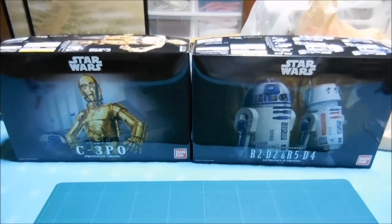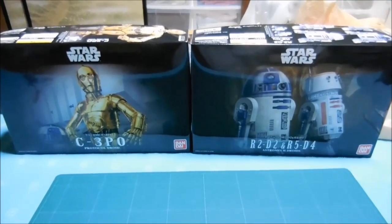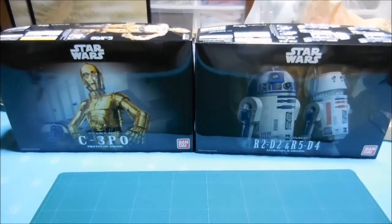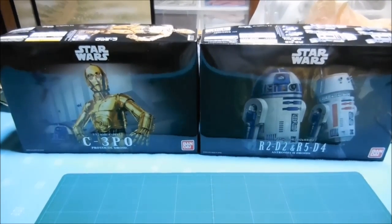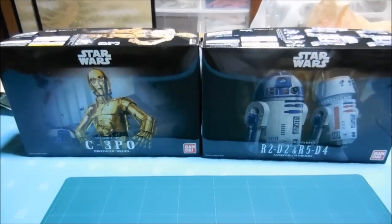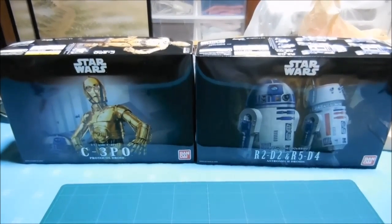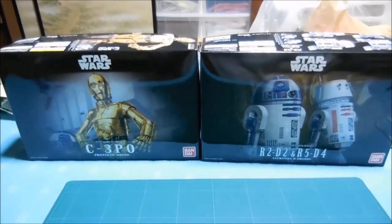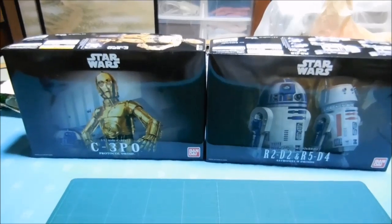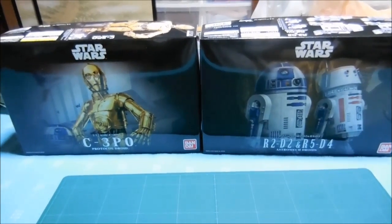So it is Golden Week 2015 here in Japan. Now, for those who don't know, Golden Week is what they call a series of national holidays starting at the end of April through the first week of May. So we're staying at the in-laws' place in Nagano Prefecture, as we usually do, and